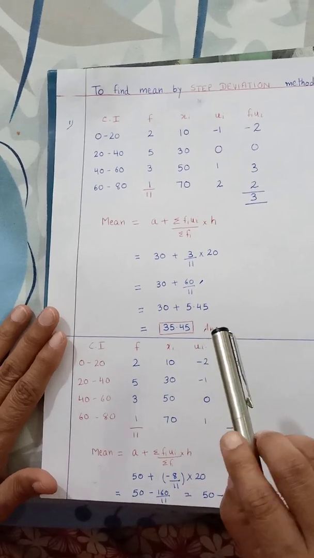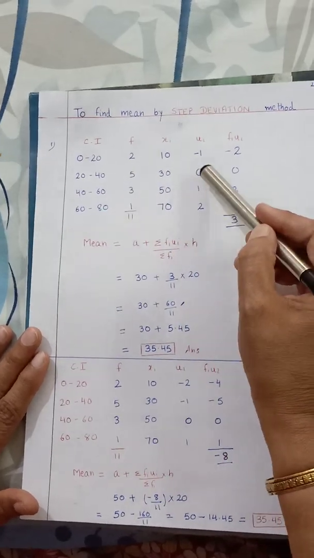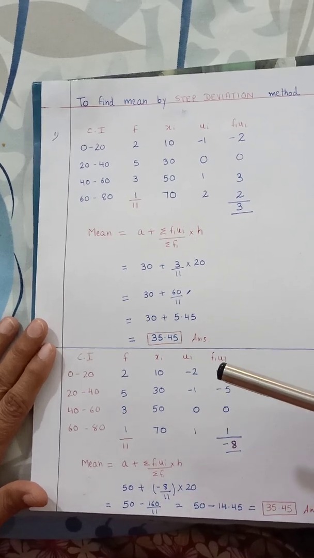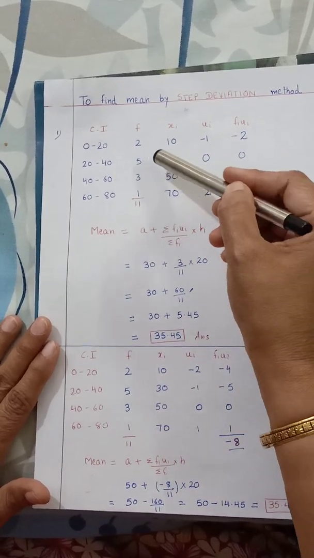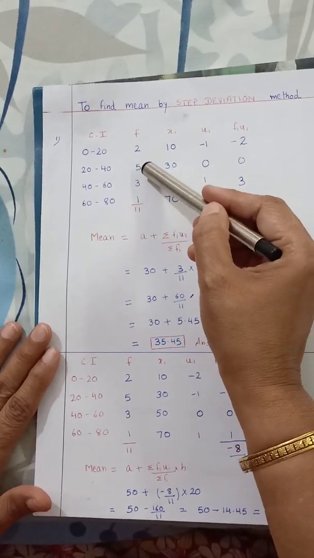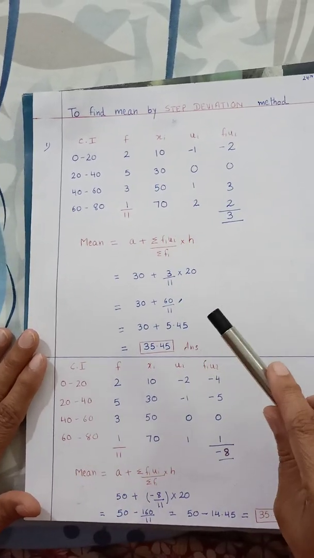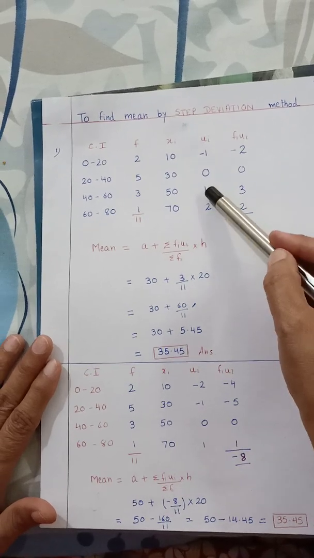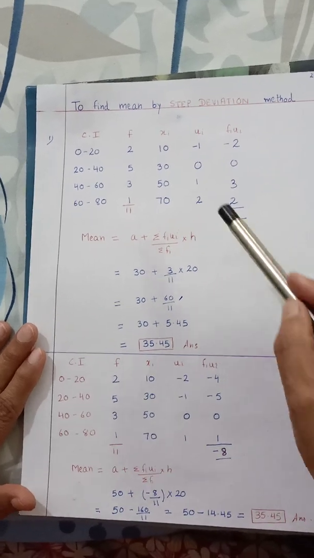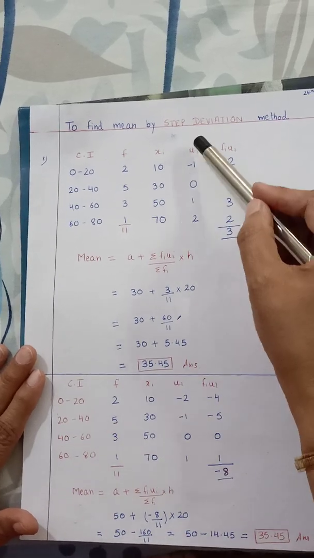So the next step after finding the class mark, you have to write 0 against any of the numbers in the middle, preferably where the frequency is higher. So I can write 0 here also, I can write 0 here also. Here frequency is 5, which is more than 3, so I am preferring 0 here. Students will get the same answer whether you write 0 here or 0 here and solve. So writing 0 here, -1 above, and then just below +1, +2, this is your ui.